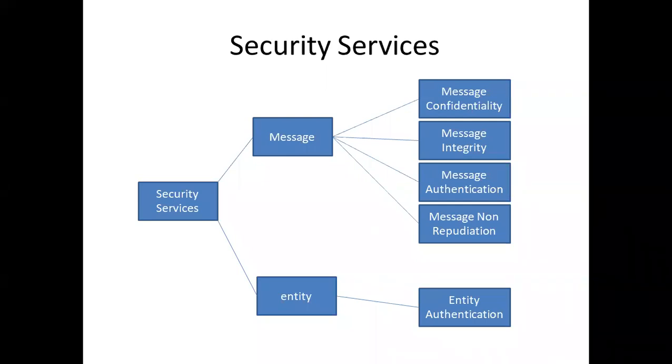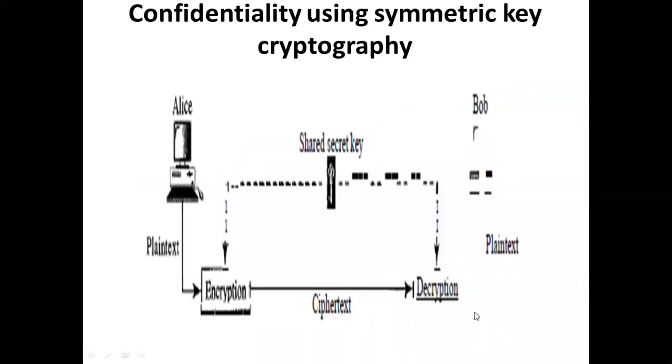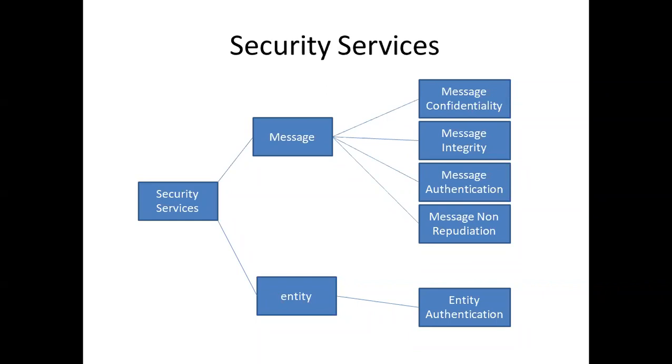Okay. And the last is entity authentication. Now, entity means user. If at all a particular user has sent the message, then we should be able to verify whether it has come from the same person or not. That is called as entity authentication. Now, message authentication and entity authentication are almost same, but here we are referring to the message content, the text, and here we are referring to the user who has sent that message. Okay, so we will quickly understand what these are.